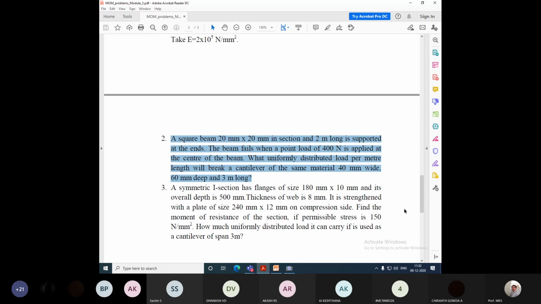For that beam, you need to find out the stress induced due to that applied load. Maximum stress induced. So next part, if the beam is of the same material, the maximum stress will be same. Then, if the load applied is uniformly distributed load and the beam type is cantilever beam,